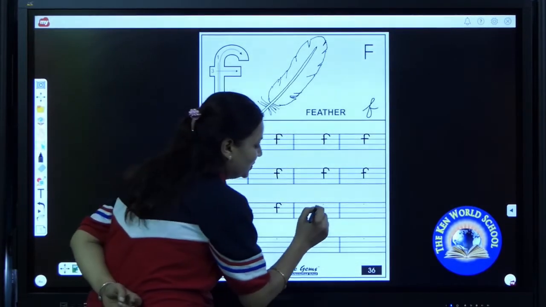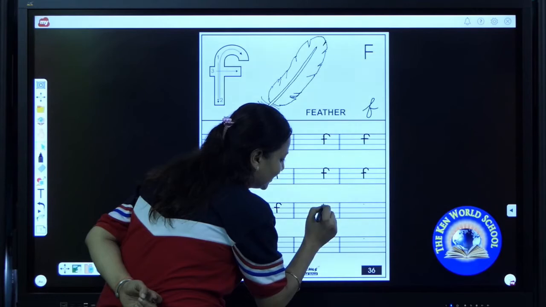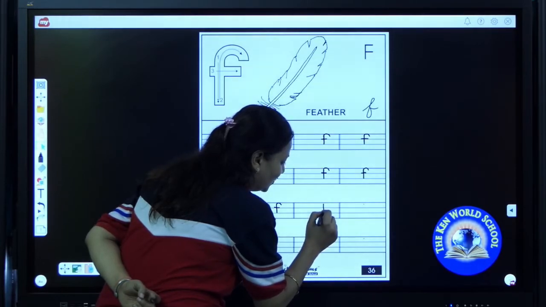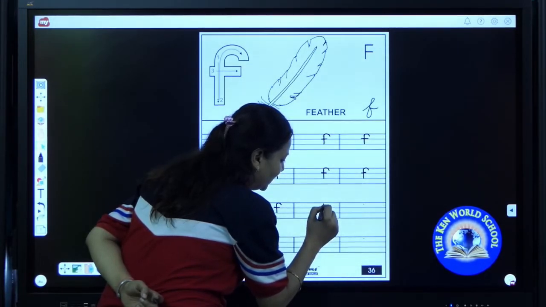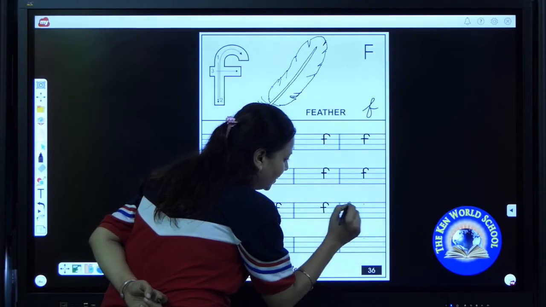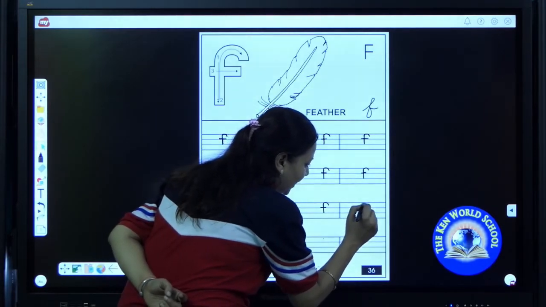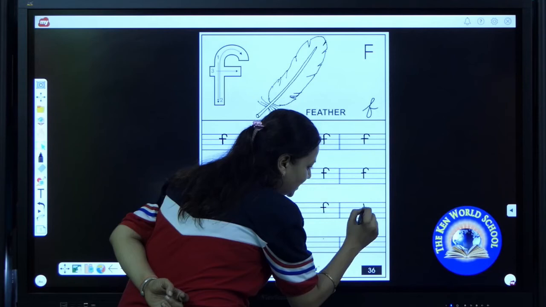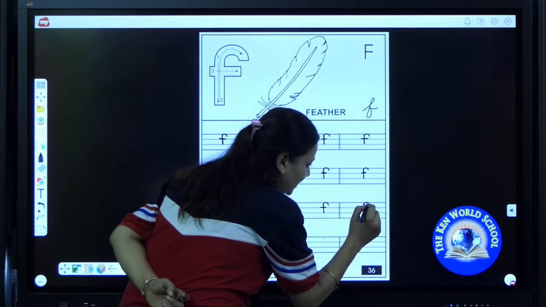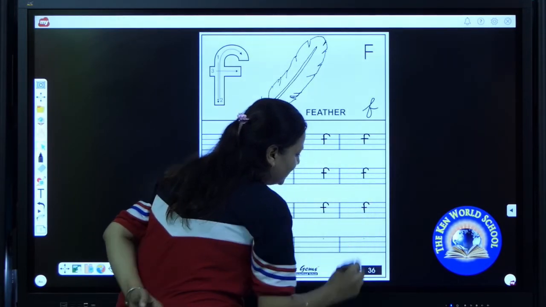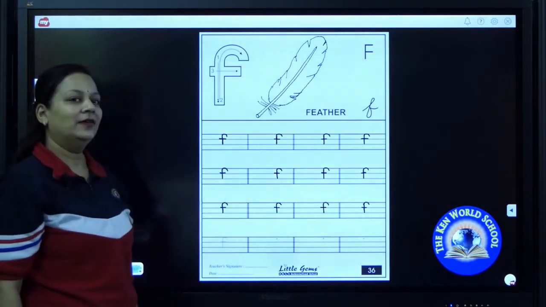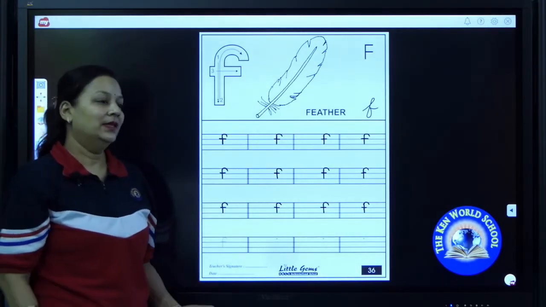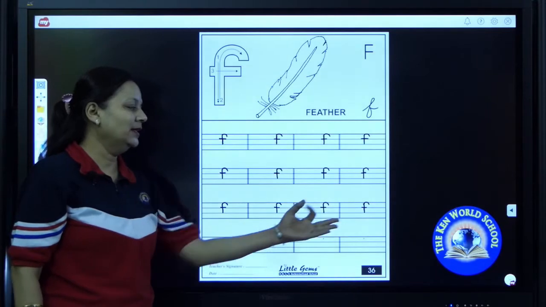Now again, ma'am is going to write. Up to down, standing line, stop on the base line, go back again up till top line, make a curve. Now draw a sleeping line. F. F says F as in feather. With this, I have completed my third row.